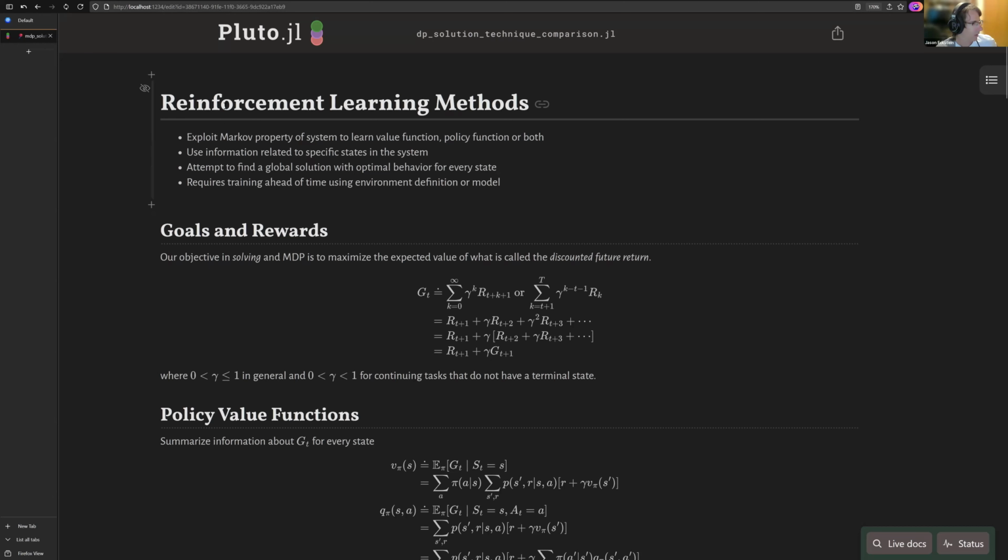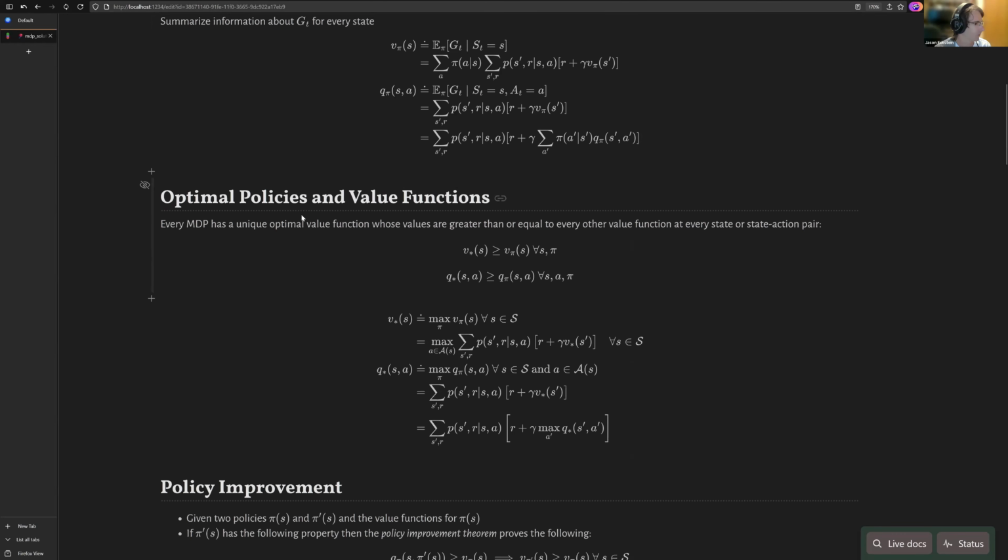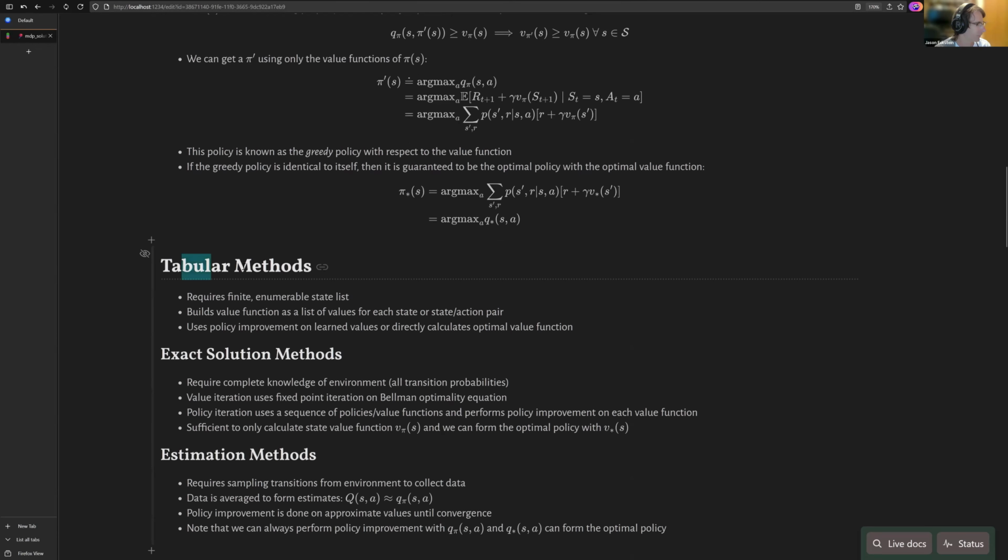The reason I want to do this is because for the first part of this session, I wanted to look at the first part of the techniques in the book that we looked at, which involves these tabular methods and some exact solution methods,